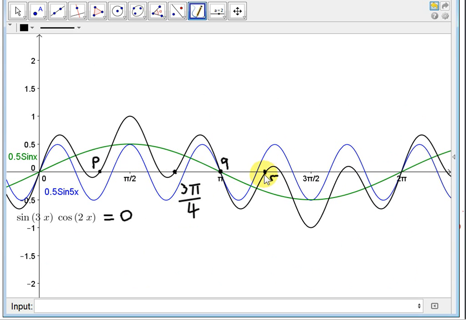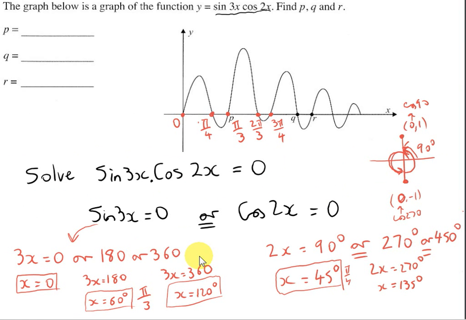Now we have to find R. Well, Q and R. Well, you can see from the diagram that Q is actually pi. And we have to go a little bit further with this here. If you think back to this, we can add 180 onto 0, and we won't change the sine function. The sine of 0 is 0, the sine of 180 is 0, the sine of 360 is 0. 180 plus 360 is 540. So if 3x equals 540,